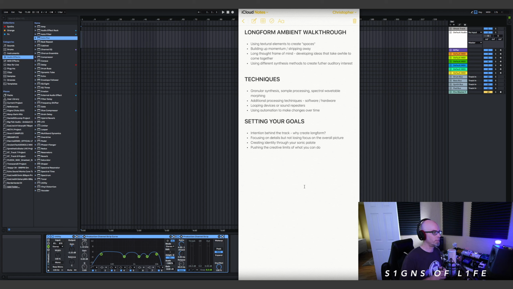So the last thing we're gonna talk about is setting your goals, intention behind the track. Why would you create long form? This is more like writing a longer book, or even like painting on a larger canvas. So your intention behind the track, and then focusing on the details, not losing focus of the overall picture, especially